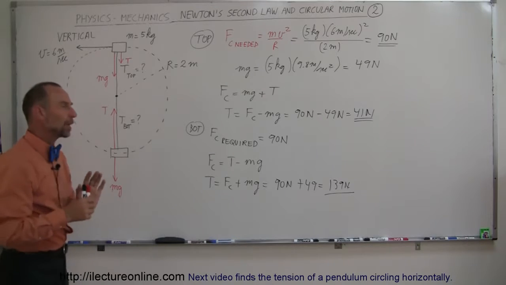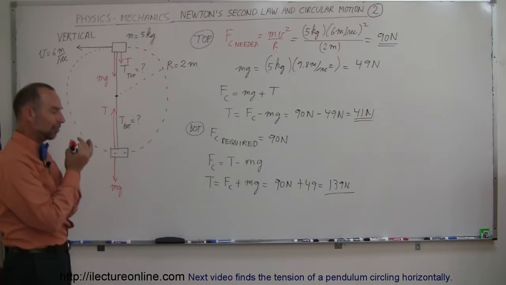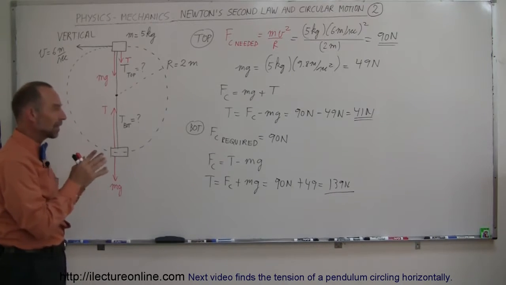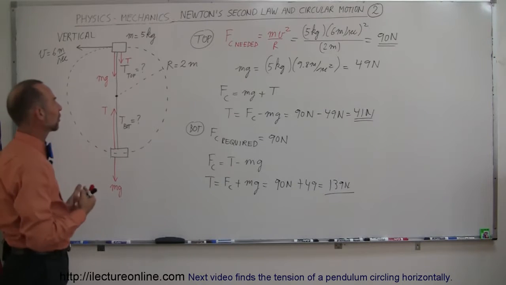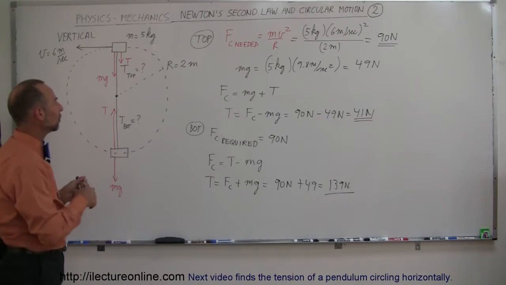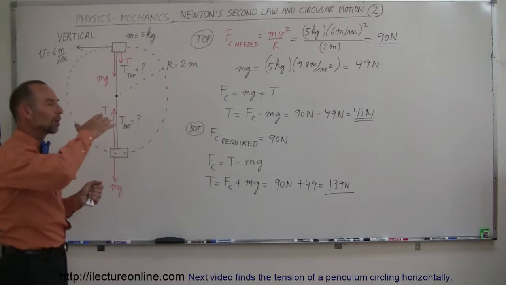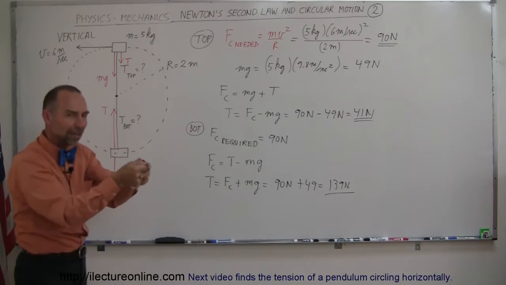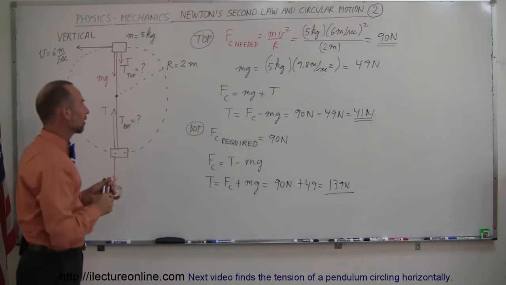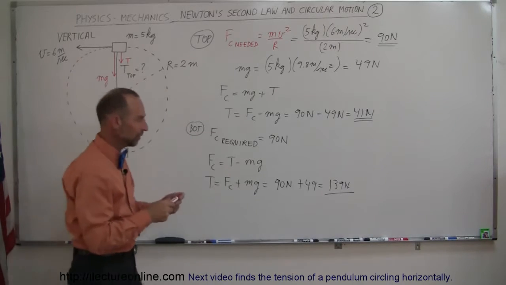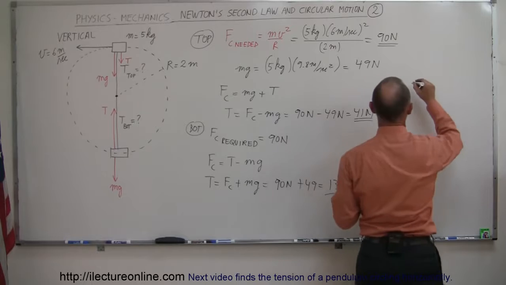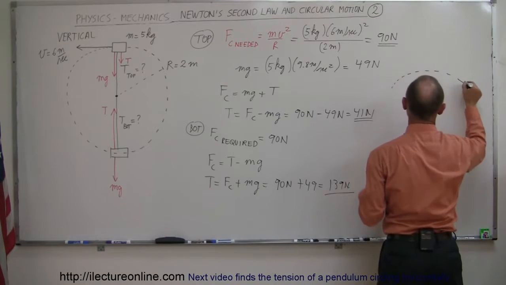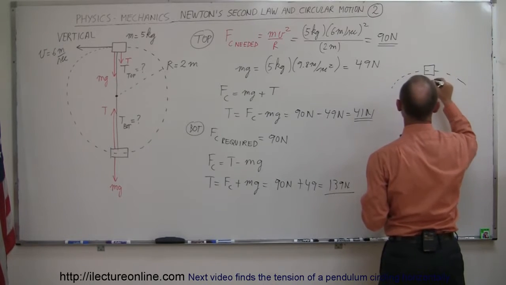But again, the way the brain reacts is that it has this ability to look at things from a life experience manner, which means that when things go around a circle, we have the impression that things get pushed to the outside, and we have to pull on the inside to keep them from moving to the outside. So if we take that concept here, and we look at the motion at the very top, right there, here's the object, we can say that